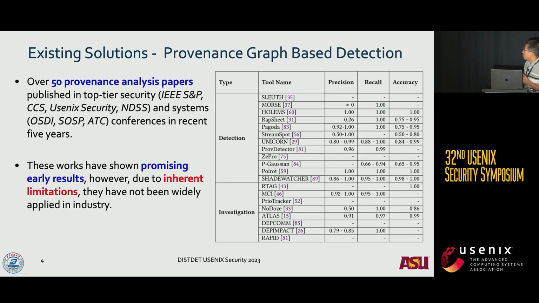Seeing the potential of provenance analysis, over the past 5 years, there are over 50 papers published in top security venues and top system venues on provenance analysis. However, in the industry, we don't see widespread adoption of this kind of technique. This is mainly due to two inherent